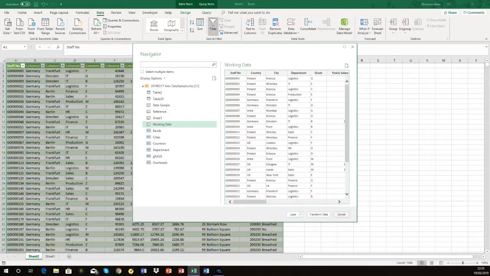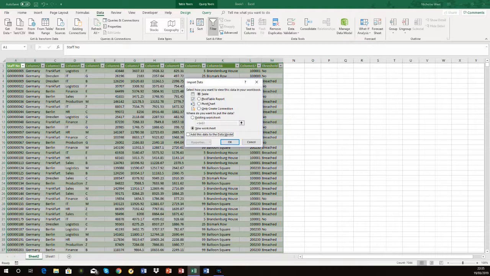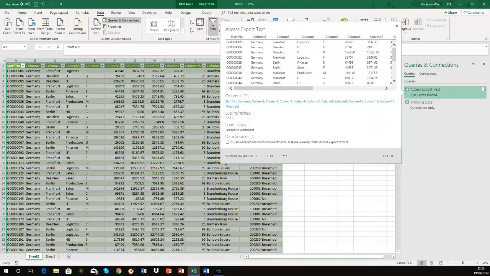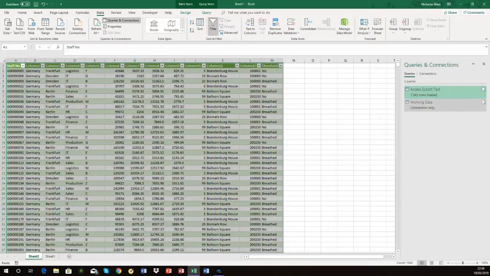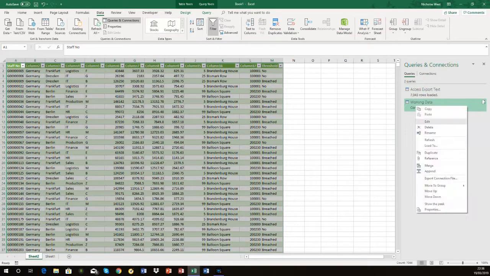So what we're going to do is do the same thing as we did before. We're going to go load to, and then again we're given the same options. I'm going to say okay, we're still going to load to a connection because I want to show you a couple of other things. Then you can see here we've now got two queries, one of which is effectively loading information and we'll refresh, and the other one is just a connection for the time being. So if we go edit,